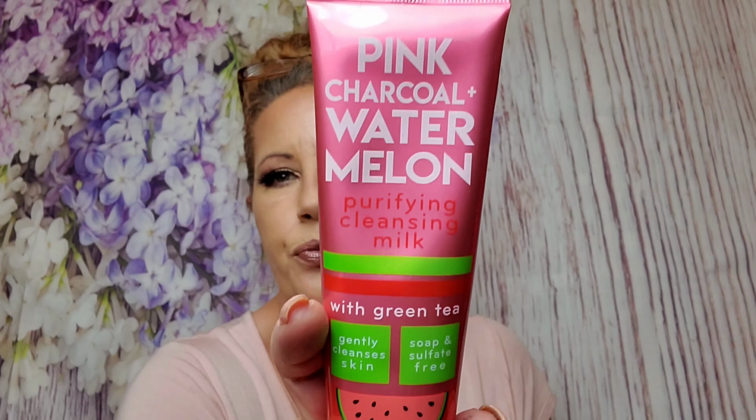Now, I absolutely love this cleanser. It goes on exactly like a milk, creamy like a milk but a little thicker. It smells incredible because it's all watermelon. It feels great. The only thing is it's super duper moisturizing, which, because I've got oily skin, feels good because it doesn't strip your skin. It's not stripping, where it dries your skin down, which is good, but